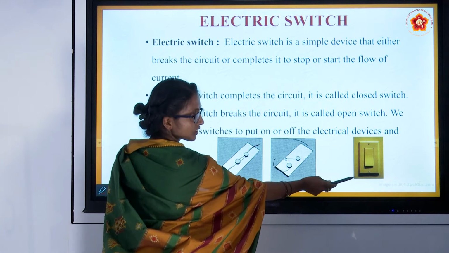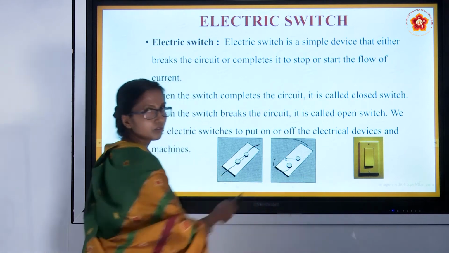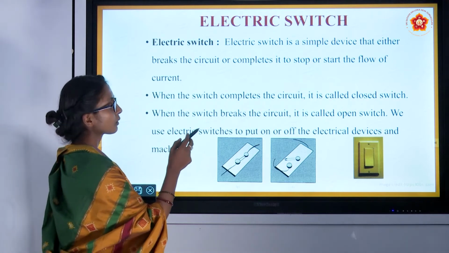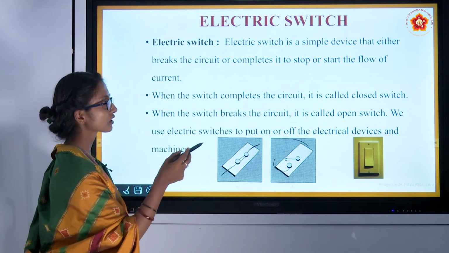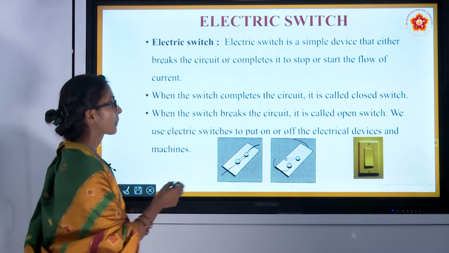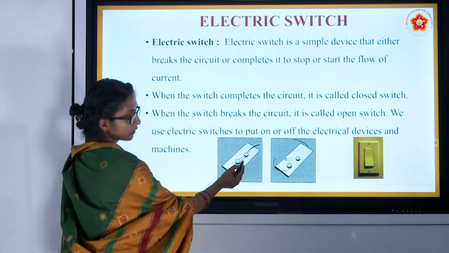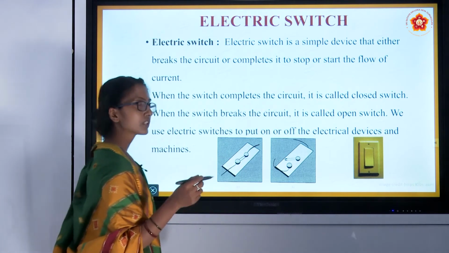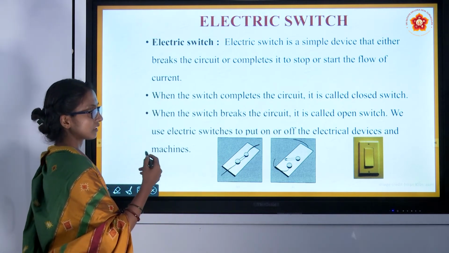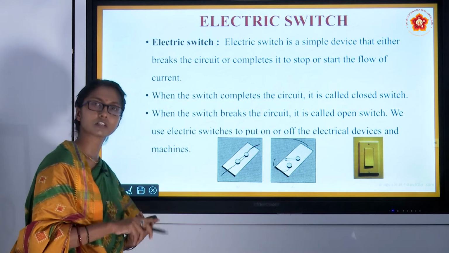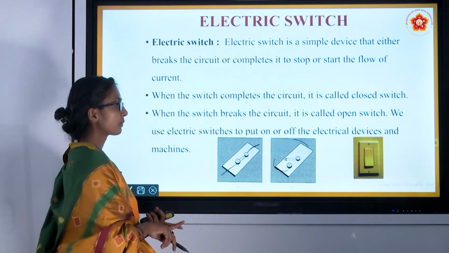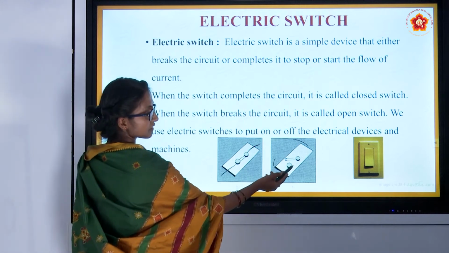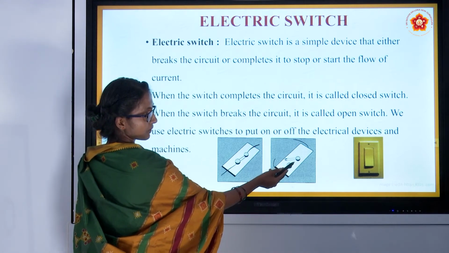This is the switch which you will see in your home. You can find it in your home. When the switch completes the circuit, it is called a closed switch. Here, using a safety pin also, we can make a switch. Using a safety pin and an electric cell, how to make a circuit, I will show later. But a simple switch using a safety pin and